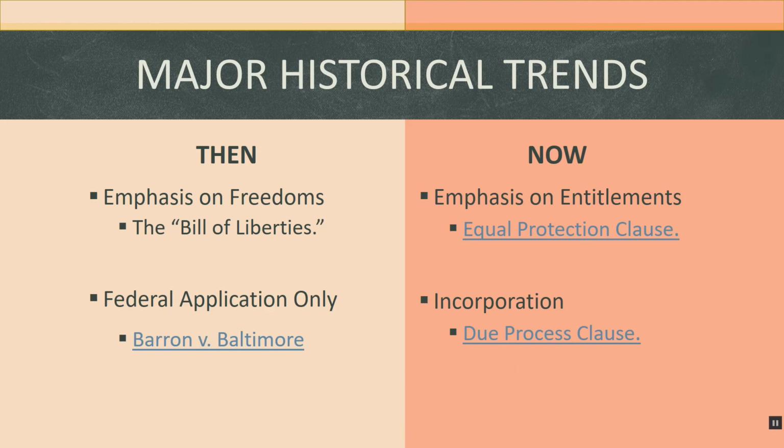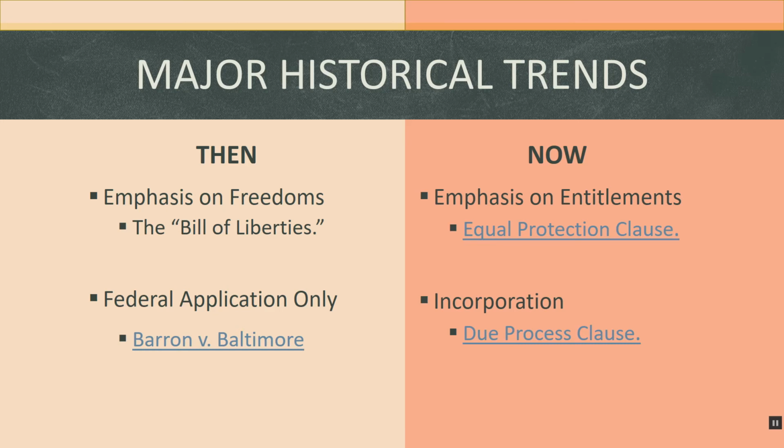Okay, so now that we know the main difference between civil rights and civil liberties, we can begin to talk about how they have changed over time. So what I want you to understand is that early on in our nation's history, the emphasis of the law was on protecting your freedoms. Pretty much every single right protected in the Bill of Rights, those first 10 amendments to the United States Constitution, was a negative right. In fact, today, it would probably be more accurate to describe the Bill of Rights as